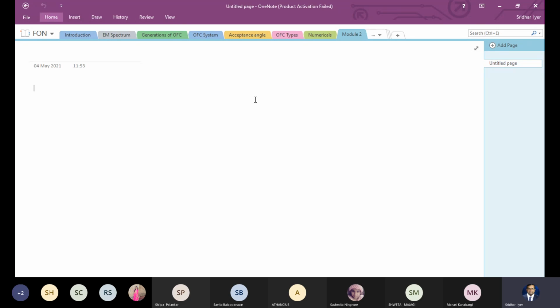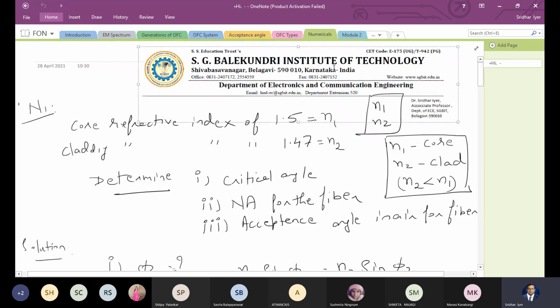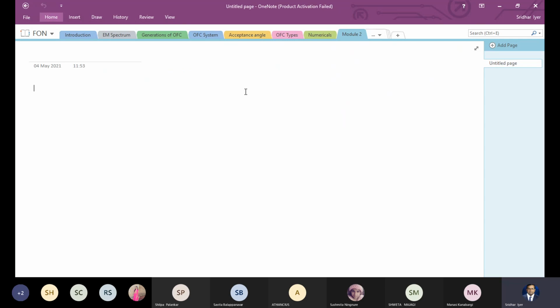How can we have a single mode fiber? We concentrated on single mode fiber because we are interested only in transmitting the signal for longer distance. We don't want to transmit the signal for shorter distance. Therefore, we discussed the single mode fiber. What is the V number? What should be the cutoff frequency, cutoff wavelength, propagation constant, making of fiber in general. So we've discussed all that in module 1.